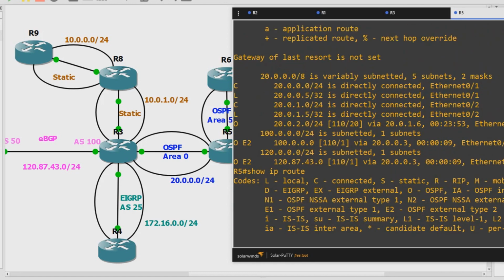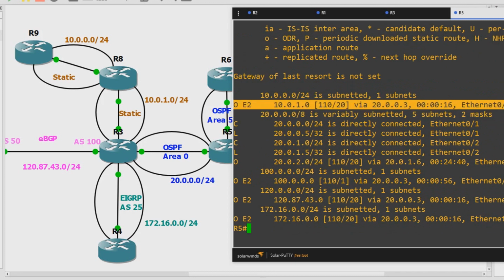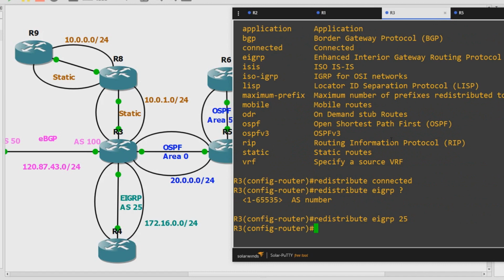Now up here we didn't have the 10 network. We now do have that 10 network because I redistributed connected, but we don't have 10.0.0.0 because I haven't redistributed the static routes in yet, or the default route. But we have now also picked up the EIGRP. So excellent, nothing more required there. Now